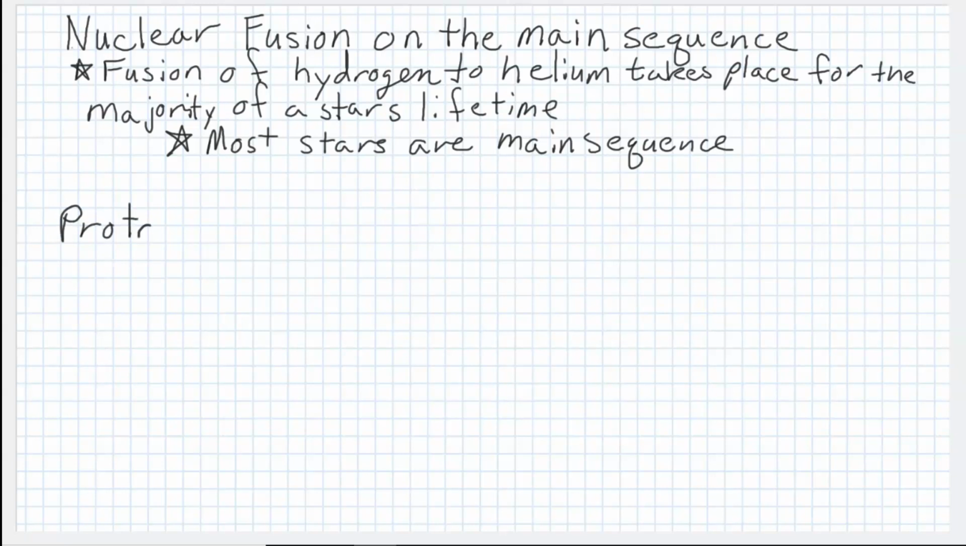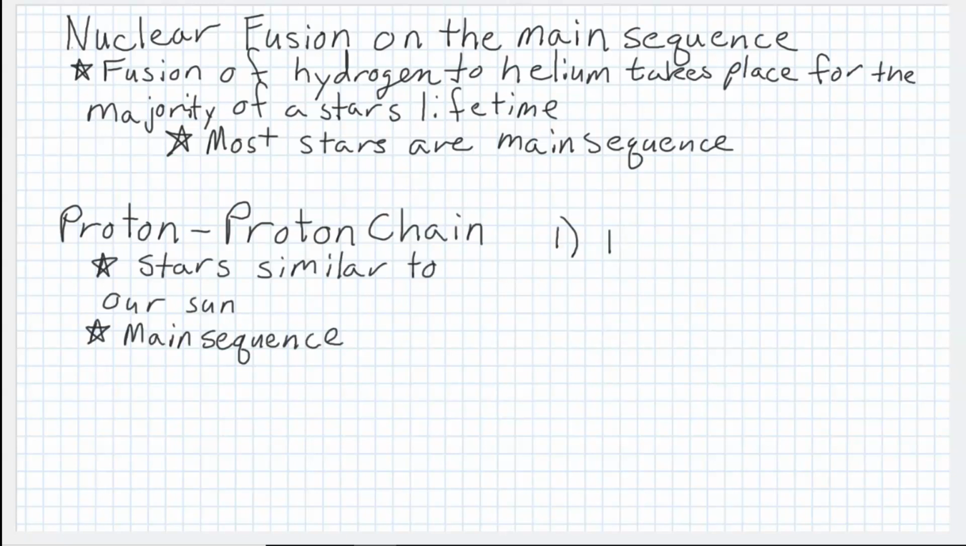There's two ways to fuse hydrogen to helium. Smaller stars, similar to the mass of our sun, use a proton-proton chain. The first step of a proton-proton chain reaction starts with a proton and combines it to another proton. This creates hydrogen 2, otherwise known as deuterium, because one of the protons added to the nucleus decays to release a